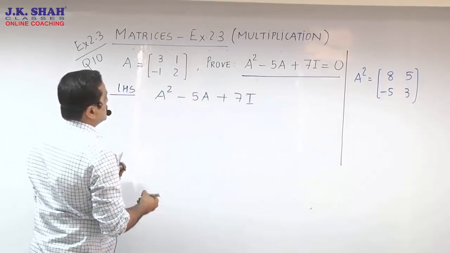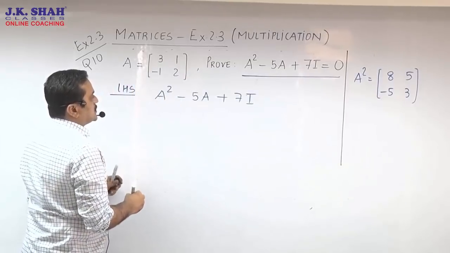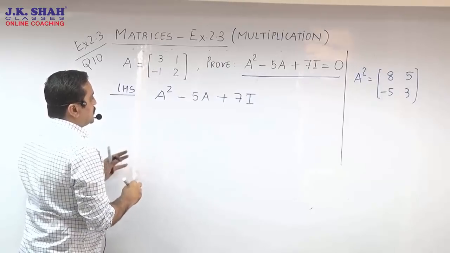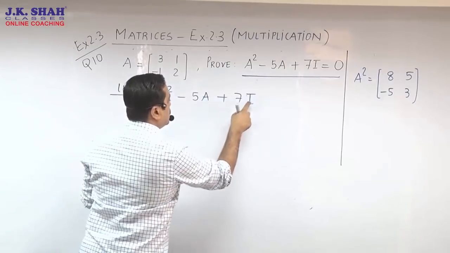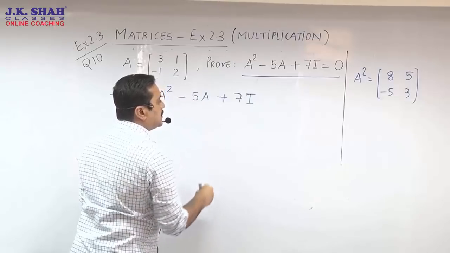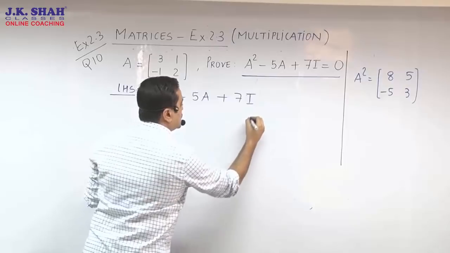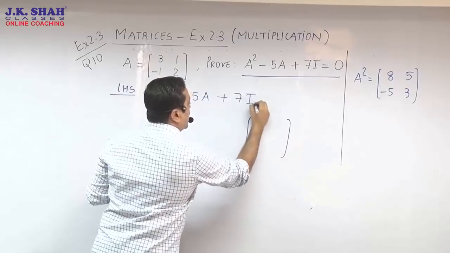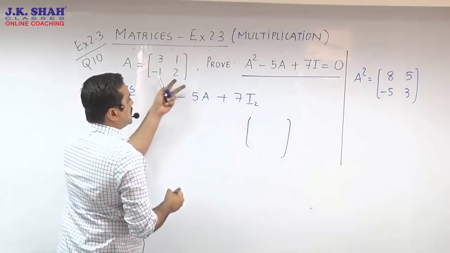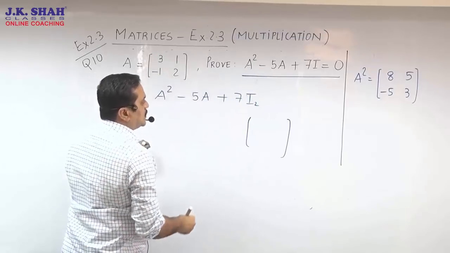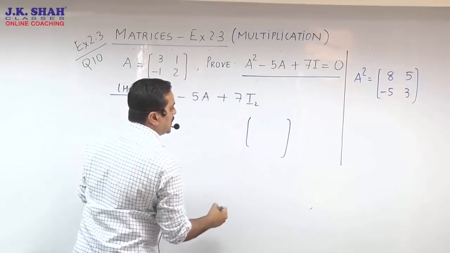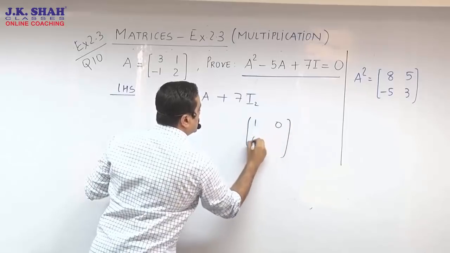Now we open up our LHS. Before I start putting my matrix, I would just like to recap about I. I had explained it in the first lecture of my introduction. What is I? It's a unit matrix. If I am going for I2, it's 2 by 2 because all the matrices over here, the A square, they all are 2 by 2. So even I has to be a 2 by 2 matrix. It's 1, 0, 0, 1.